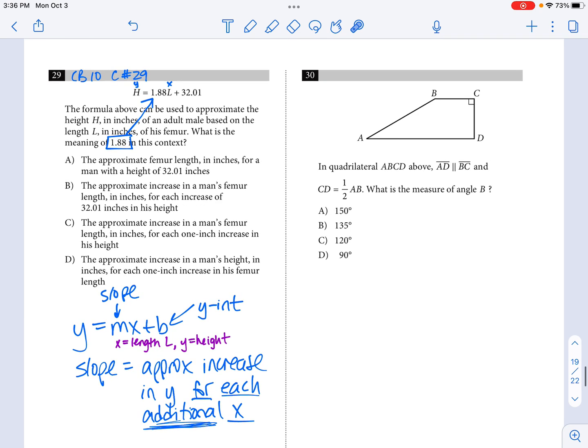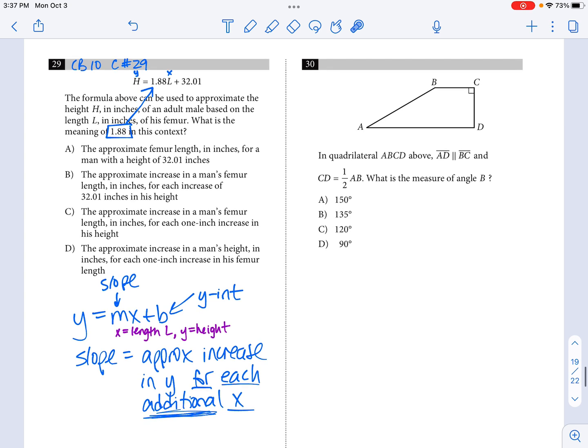As a rule of thumb, if you continue to struggle with these interpretation problems of linear functions, what the slope does is it measures the approximate increase or decrease. If this slope was negative, it would be a decrease. It would be a decreasing function. In this case, since this is a positive 1.88 in our function, it is measuring an increase in whatever the y value is for each additional x. So it's measuring, every single time you increase your x value, what is happening to your y value. In this case, it is going up by 1.88. The height is. So for each additional inch in length of the femur bone, this person's height is going up